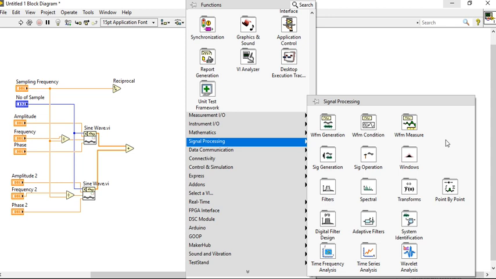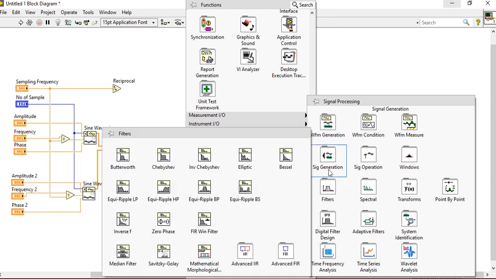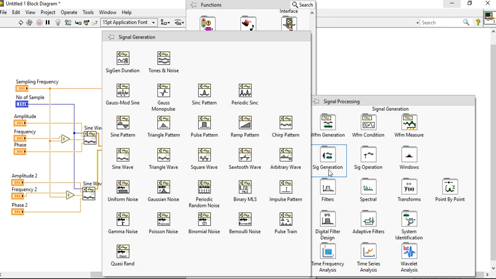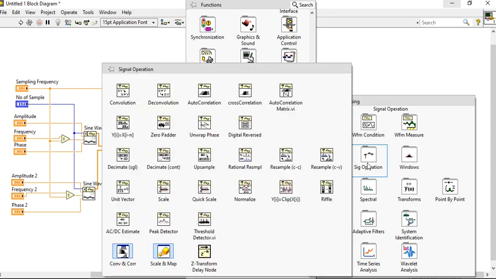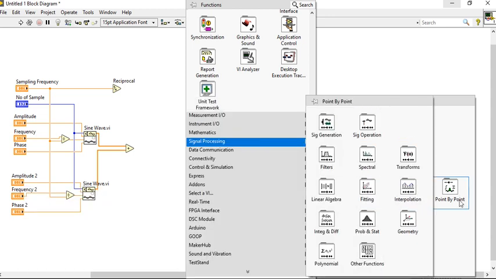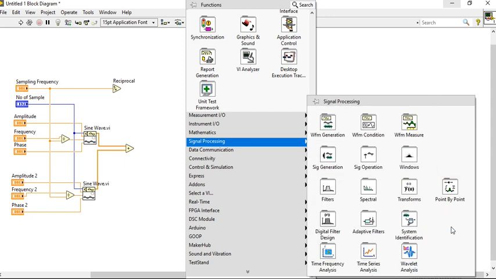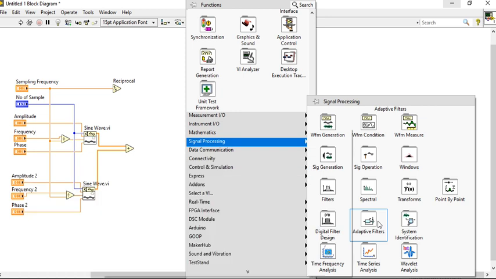Windows, transformations, filter design, analysis, not here.